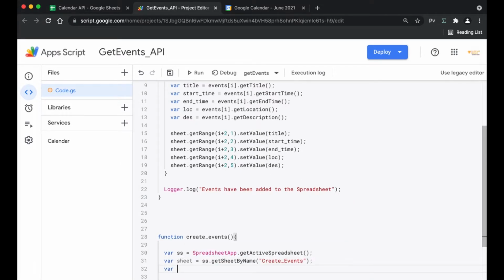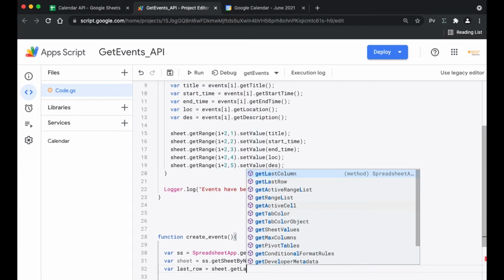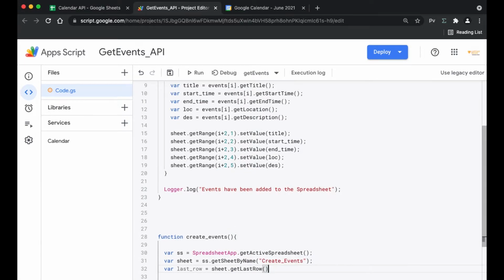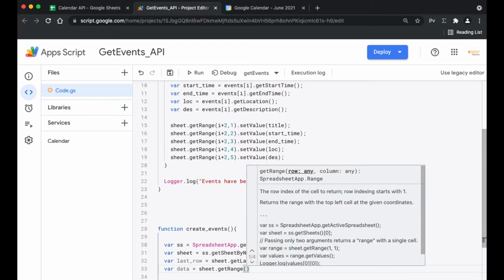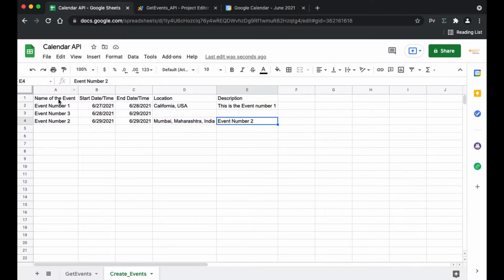Now we're going to be approaching this in a different way. We're going to be getting the last row by using sheet.getLastRow, and then we're going to be getting the data. So we're going to create a variable called data and do sheet.getRange. We're going to be starting from A1 and we're going to get all of this.